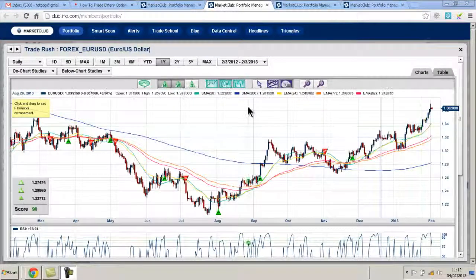Okay, guys, so let's get into how we're going to get our signals from this chart. The first thing we need to know is the dollar index. Now the symbol for that is DX, so I suggest you put that into your market club. This is very important. You have to understand the concept